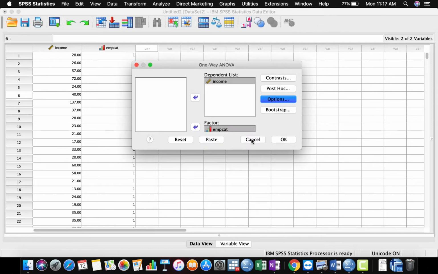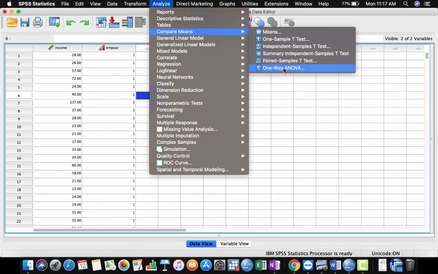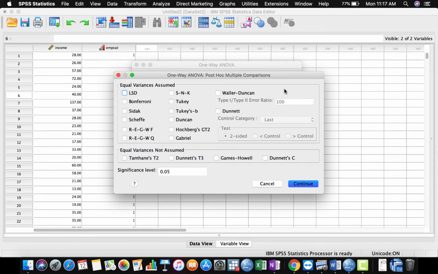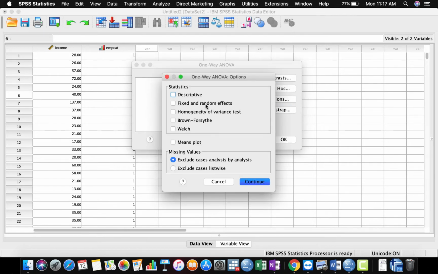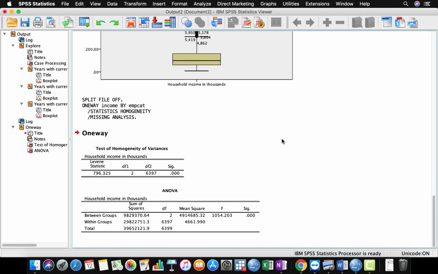So what we need to do is go to Analyze, Compare Means, One Way ANOVA, and input your dependent variable and independent variable. At this step, you don't need to go to Post Hoc Test, because we don't know whether the variance is assumed or not assumed. So we go to Options, click on Homogeneity of variance, click Continue, and click OK. It's going to provide you two tables. The first table is